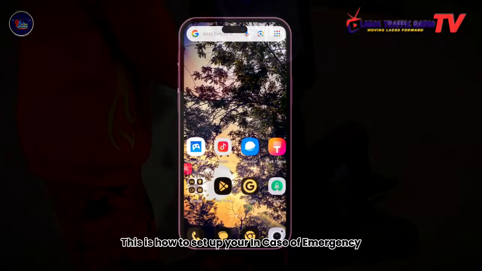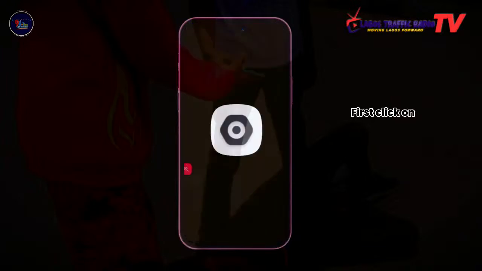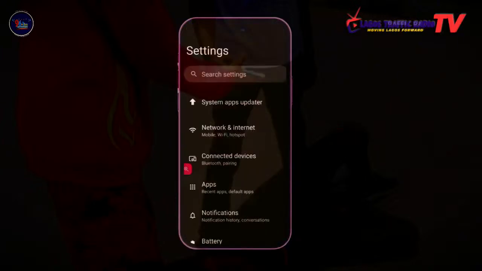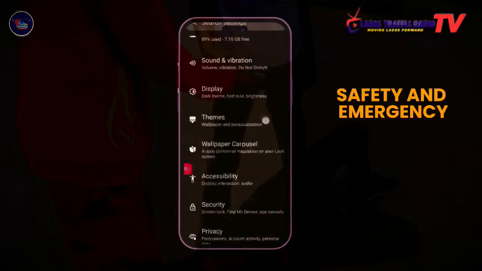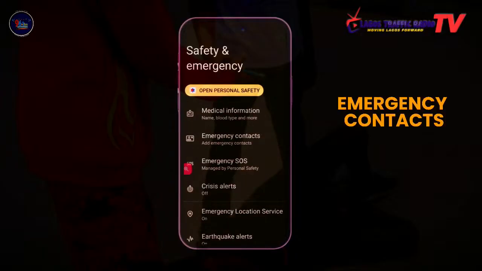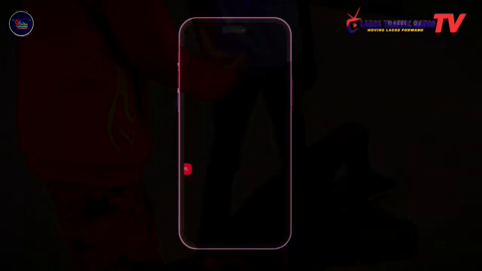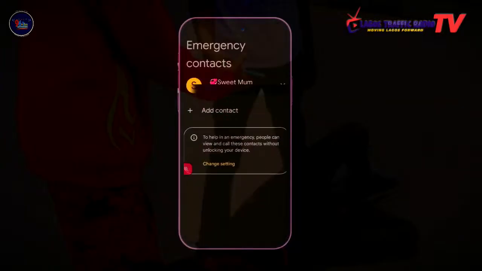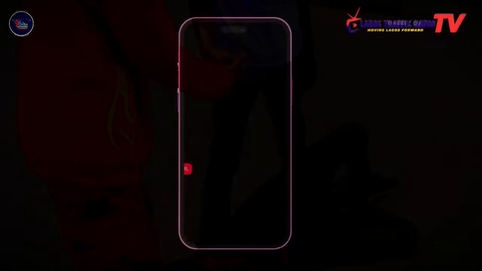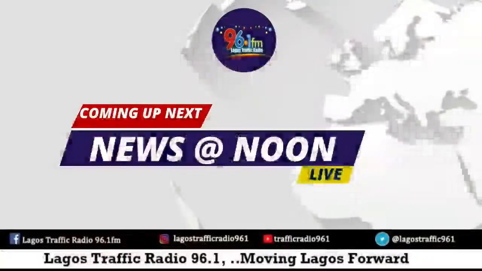This is how to set up your in case of emergency on Android device. First, click on Settings. Then scroll to Safety and Emergency. Click on Safety and Emergency. Then click on Emergency Contacts. Click on Add Contacts. After adding the contacts, click on